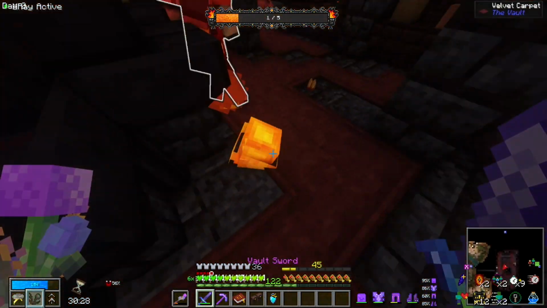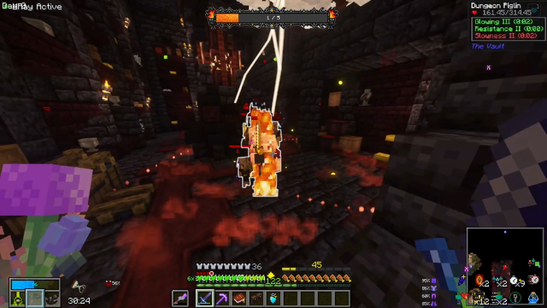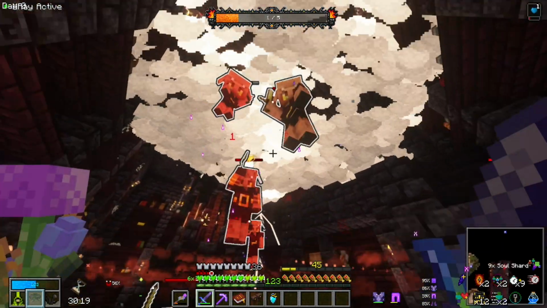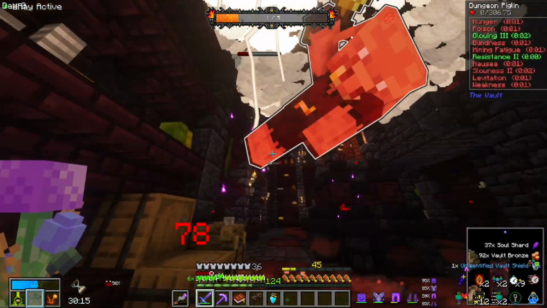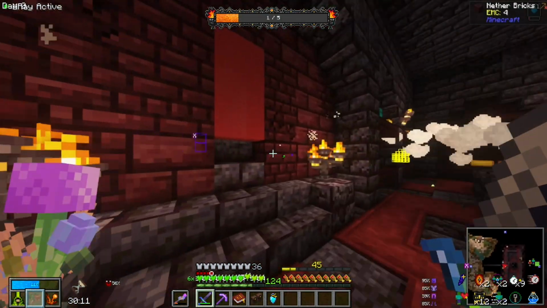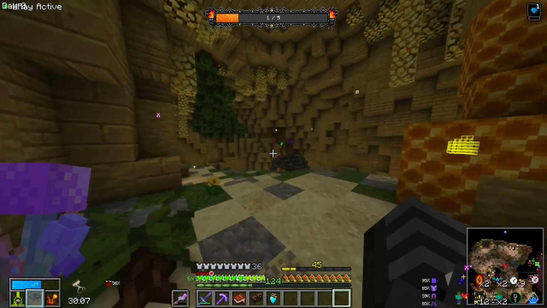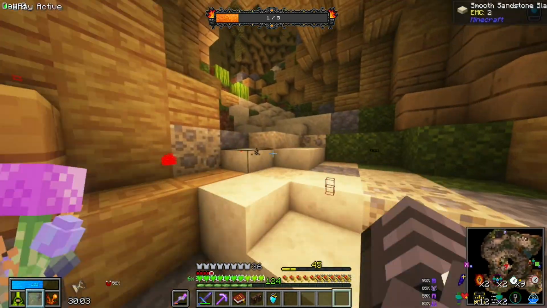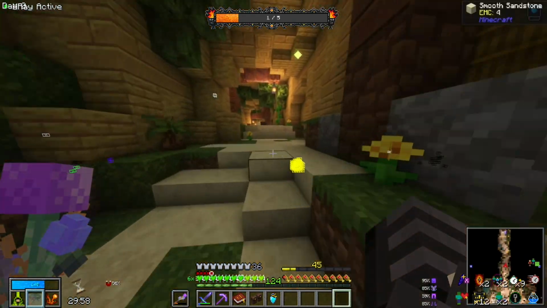Now what we need to do is make them unable to do anything against us and get a free piece of vault gear. Up here. Exit. Once we hit level 50, we'll be able to fly in the vaults. I keep forgetting that we're not allowed to do that yet, but